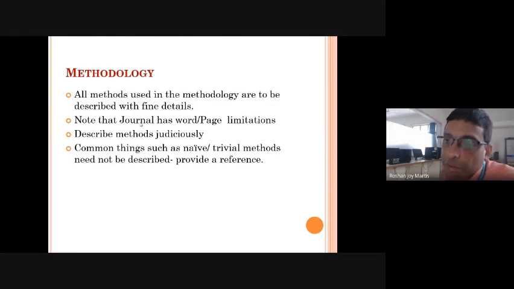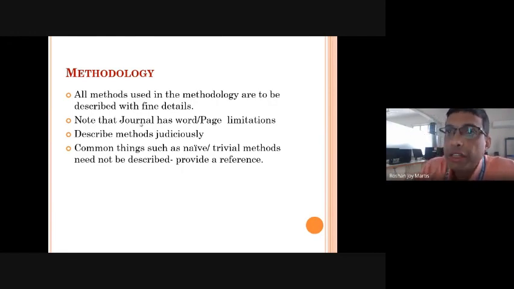Some important aspects to implement, only those things you have to mention. Every method you may find in a textbook itself, but we don't have space in journals to write more about methods. We have to minimize writing existing things, and write what is new and what is the interpretation that we have to give here.